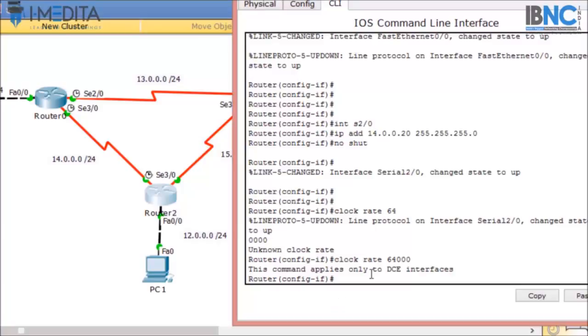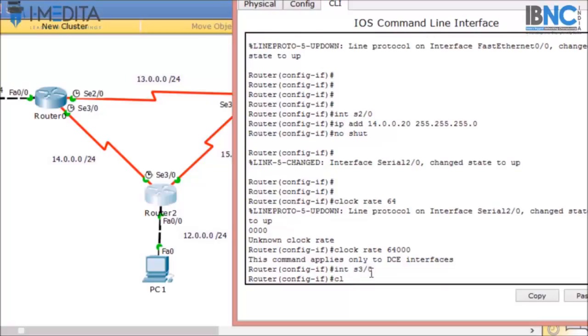Okay, so I have to go to interface serial 3/0 and apply clock rate 64,000.